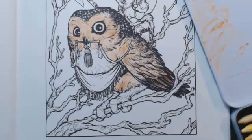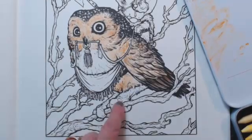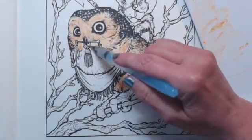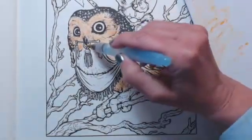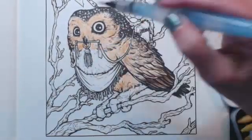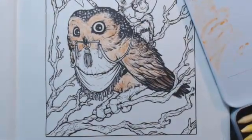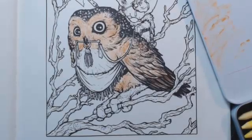All right, his little feet. I think I'll do a blue-gray on his feet, and I'm not looking at any mouse or owl references. I'm just coloring him whatever I feel like. Okay, so now I'm going to get a. Oh, and also to clean your brush off,